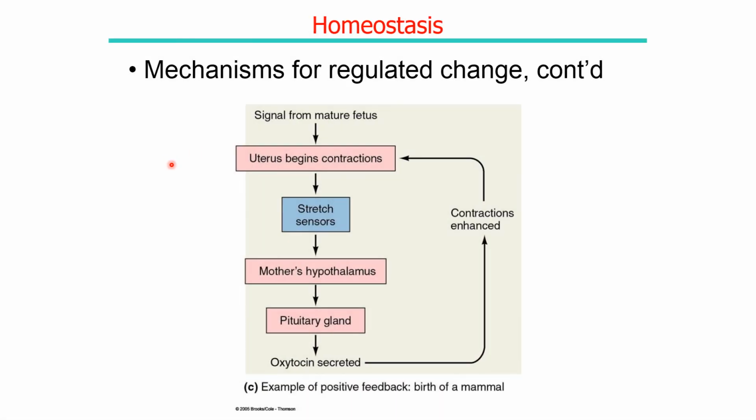Birth is an example of positive feedback mechanism. Near the end of pregnancy, the baby's larger size stretches the muscles of the uterus. This stretch is detected by receptors in the uterus. Those receptors are mechanoreceptors. They send a signal to the hypothalamus, and the hypothalamus sends a signal to the pituitary to release oxytocin. Oxytocin is an endocrine hormone, and it goes into the blood